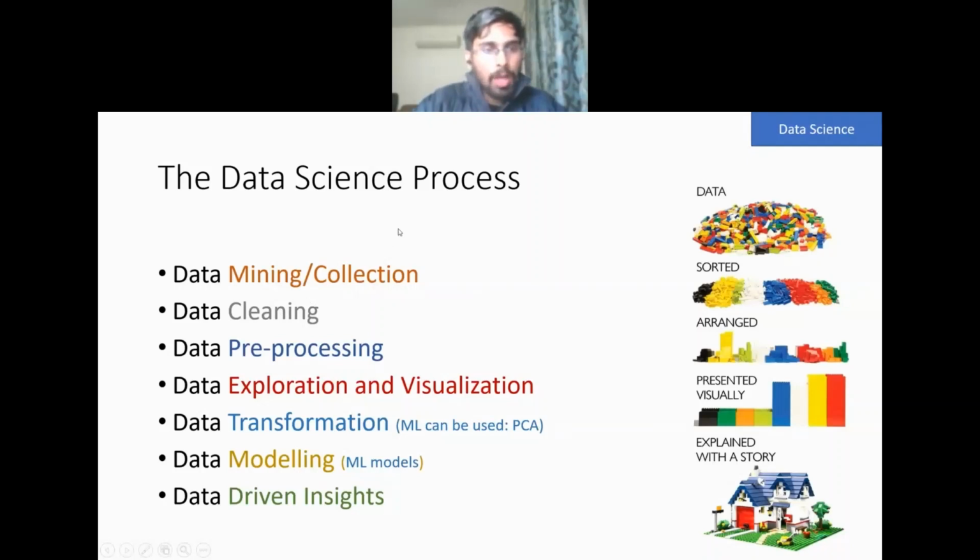So for the first part, data mining and collection is simply when you are collecting data from websites or social media sites or anywhere from databases. You are collecting the data. You are extracting that data into a database, into a table basically, right? In a structured or an unstructured format. Now, a structured format might look like an Excel sheet. It's a very structured format.